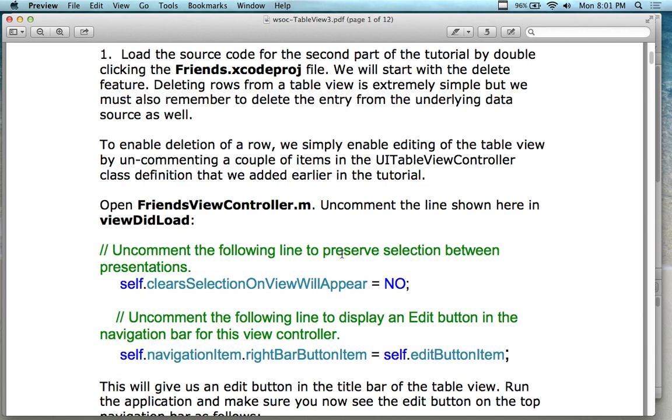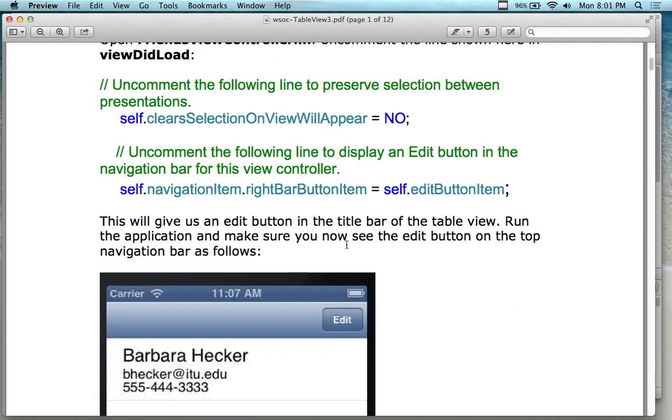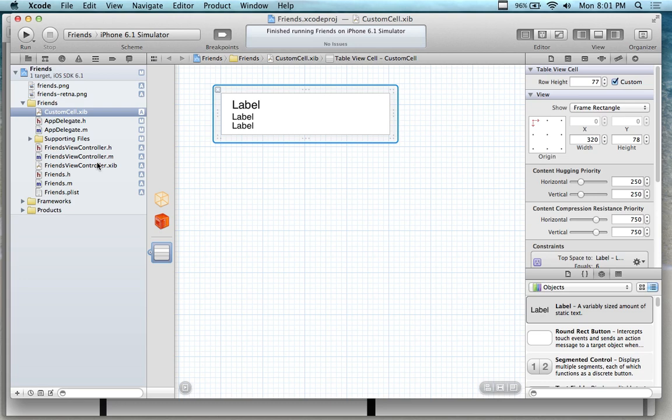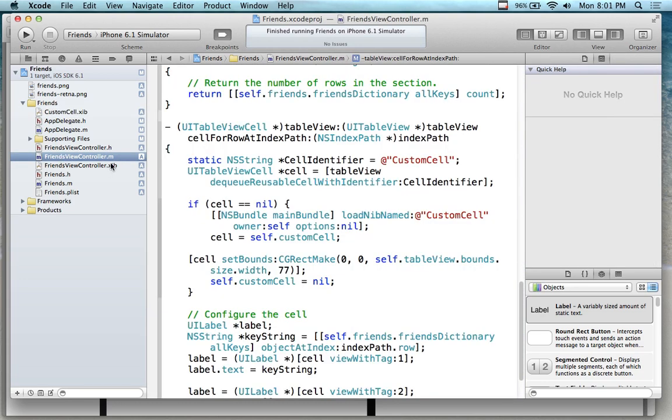So to enable deletion of a row, which is actually kind of simple, we simply enable editing of the table view by uncommenting a couple of items in the UI table view controller. We actually put the code in an earlier step, which is if you changed your code around, your code's not going to match it. So open up friendsviewcontroller.m, uncomment the line shown here, in the view did load. So let's see. friendsviewcontroller.m,